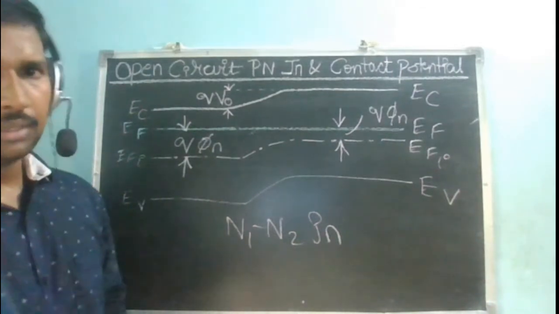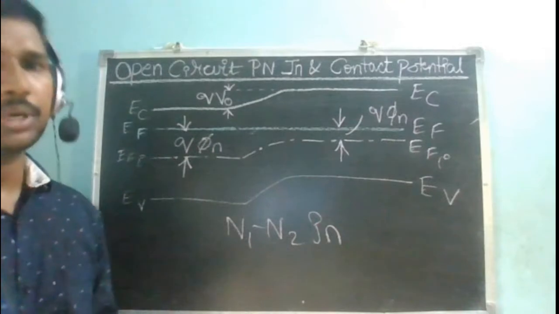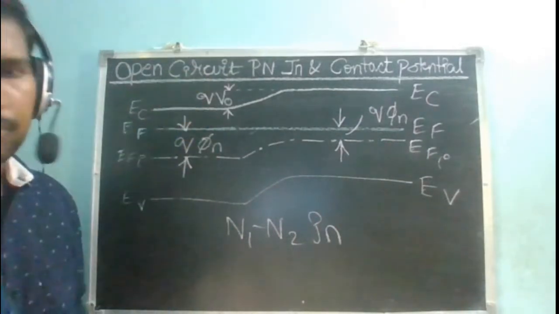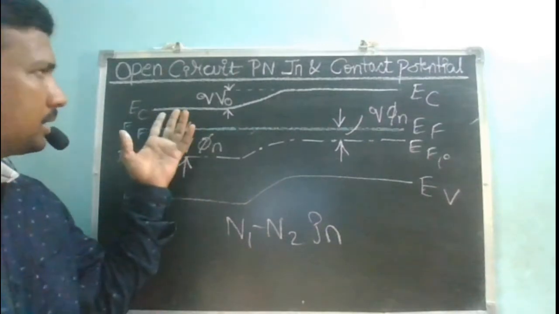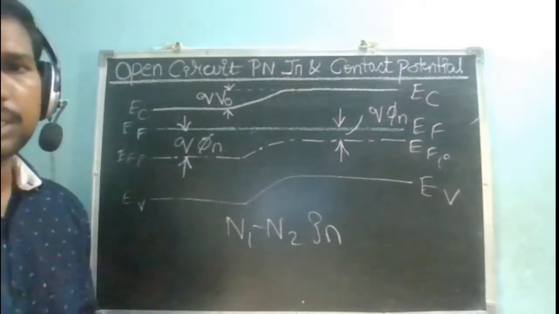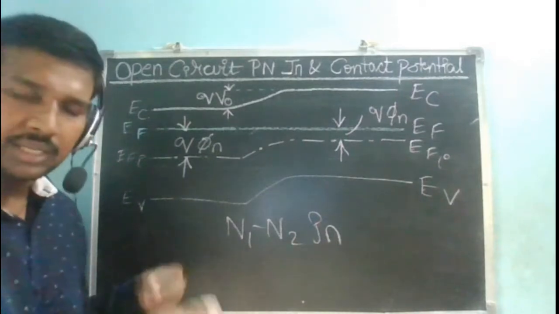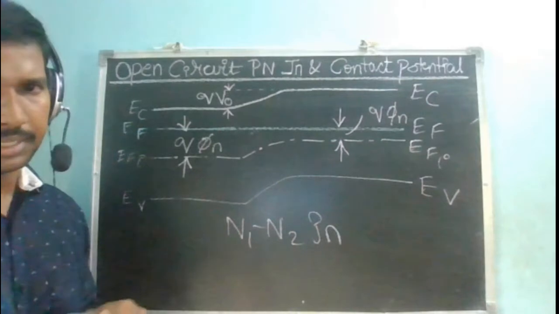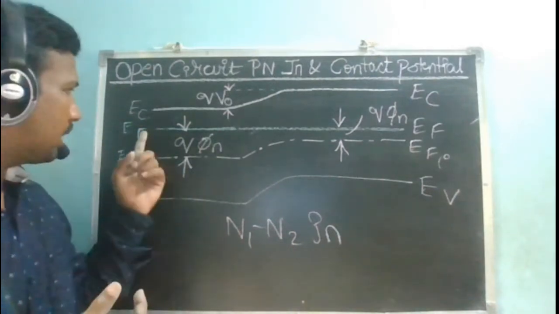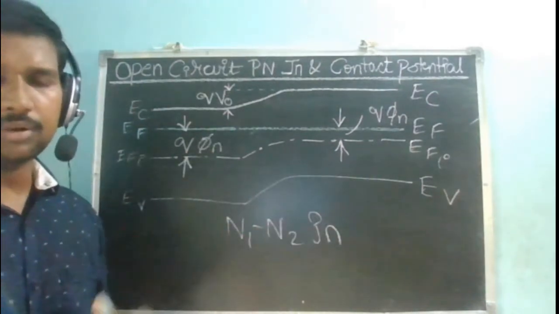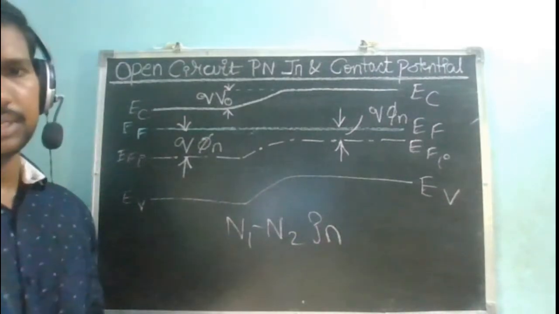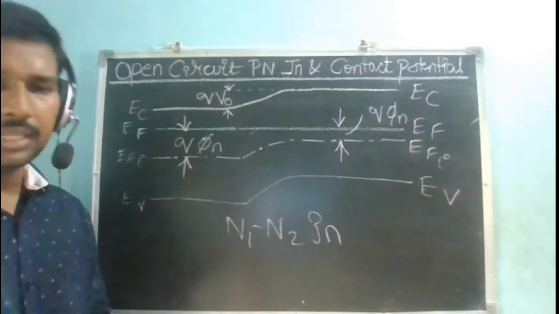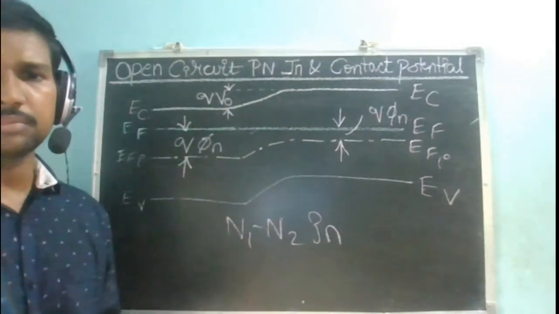So what is happening? Because of the built-in potential barrier, there is some voltage being developed here, which is stopping further charge carriers from N1 from moving on to the N2. But initially they tried to move from one side to the other based on the concentration gradient. How long are they going to move? As long as the EF is going to get aligned, as long as the equilibrium state has arrived. Once the equilibrium state has arrived, there is no movement of the charge particles, and that may be one of the reasons why your current is zero.